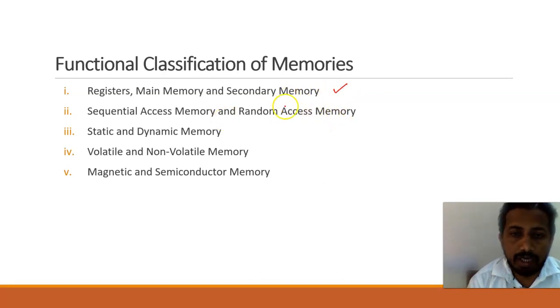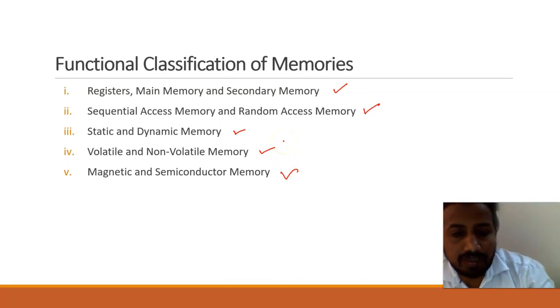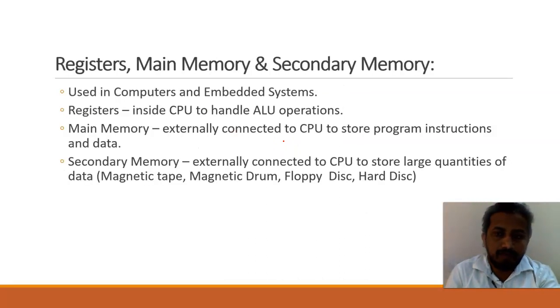The same memory can be accessed in sequential access or random access. Then there is the storage type, which may be static or dynamic. The memories may be volatile or non-volatile, and the material used to save the data may be magnetic or semiconductor. We'll be discussing how the classification is made, one after the other. First, we'll go for